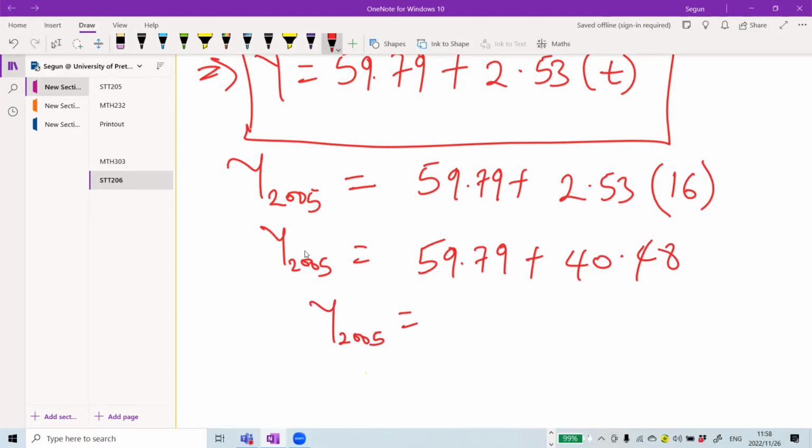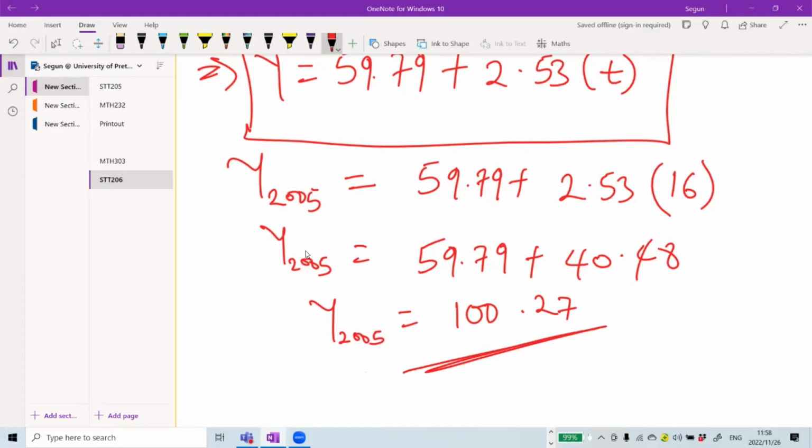Which one is correct now? Are we to multiply before we add? Yes, you multiply before you add. Don't just add. Bracket comes first, from BODMAS, please. It's correct, sir: 100.27. That's BODMAS. So the answer will be